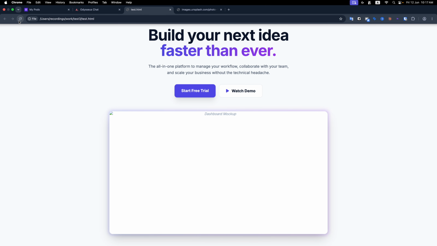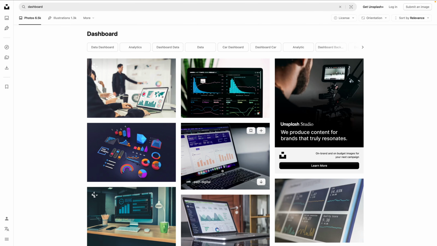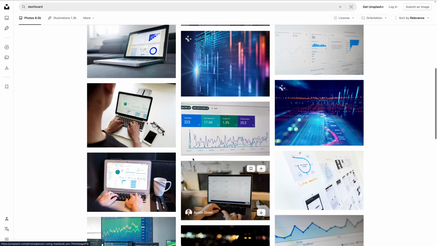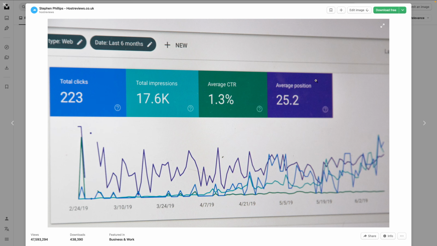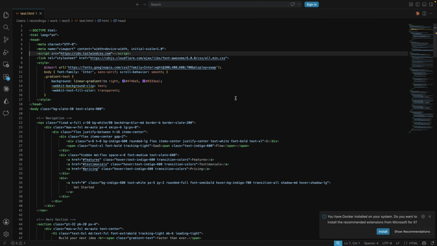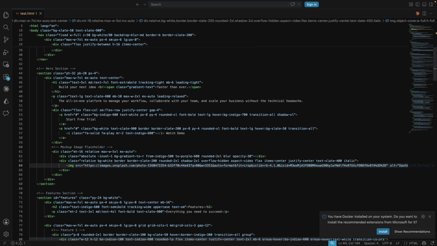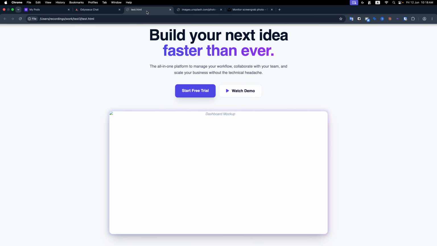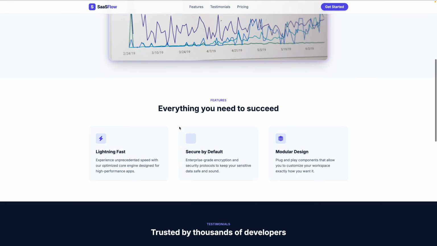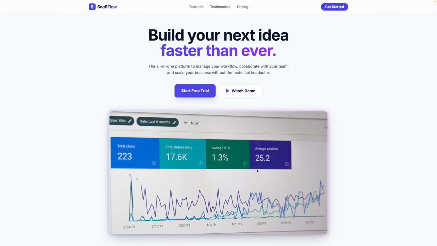It is still not working. So I will just find a nice picture by myself. So let's use this one. I will copy the image address, and let's go back to the code, and here I guess this image was the issue. So let me replace this one with the new image, and hopefully it is fixed. Let me reload. So image is there, although it is not high quality, but it's fine.